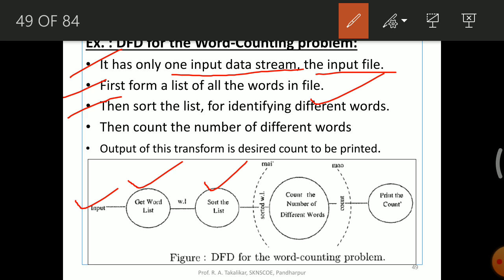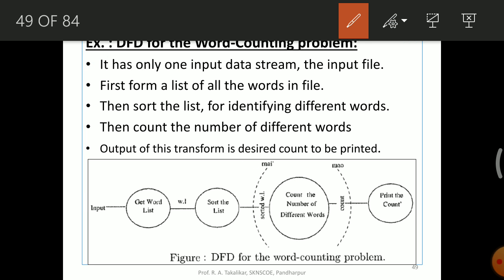Basically, before the counting starts, we are actually interested in the sorted list of words as input. We are not interested in the actual input file for performing the counting. Please understand. So this is called the most abstract input. Which one? The sorted word list. The sorted word list is called the most abstract input, which we are actually interested in for performing the counting operation.